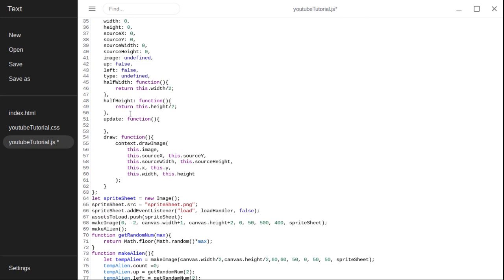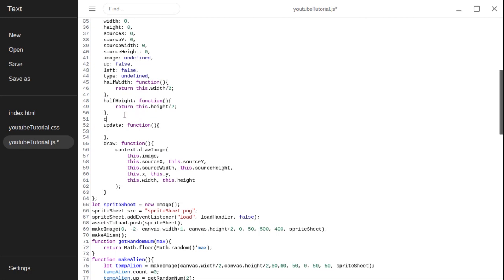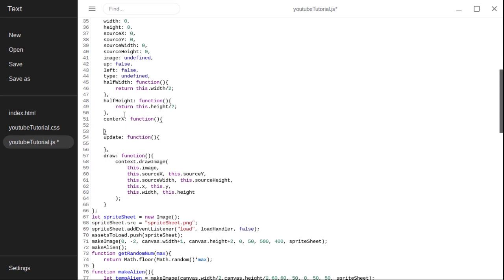Now we're going to need a center x and a center y, and this is the x coordinate of the exact center of our rectangle. So to get that, we type center x colon, capital X if you don't mind, colon, function, parentheses, curly braces, do not forget that comma, and we're going to return this dot x plus this, and we now can call that half width function to give us half the width. So when you add half the width to the x coordinate, you automatically get the x coordinate of the middle,